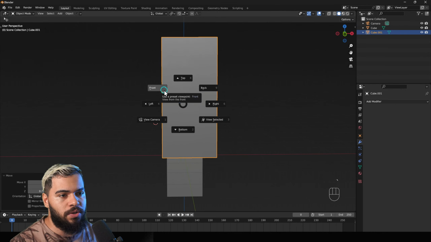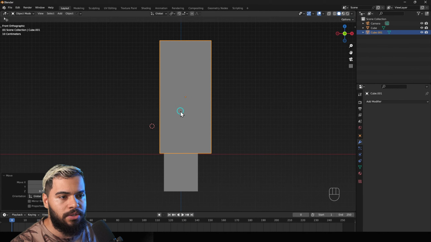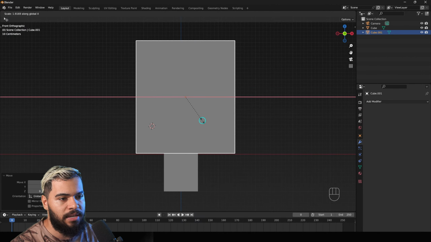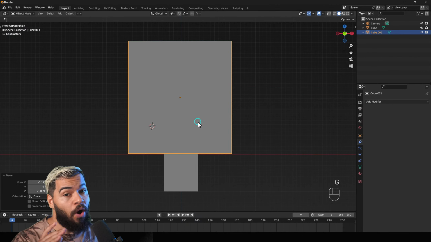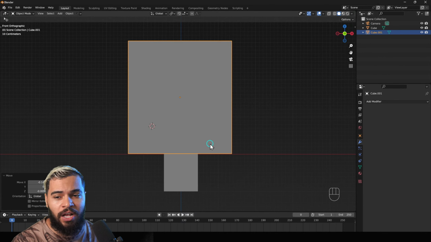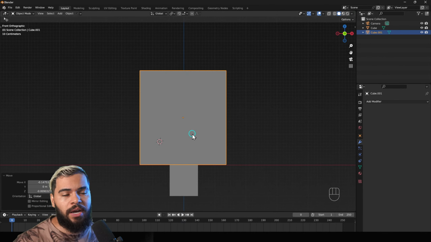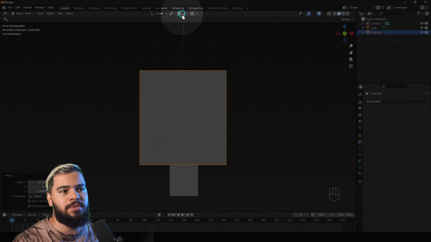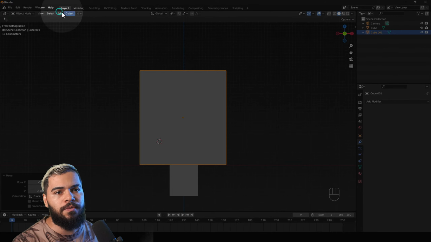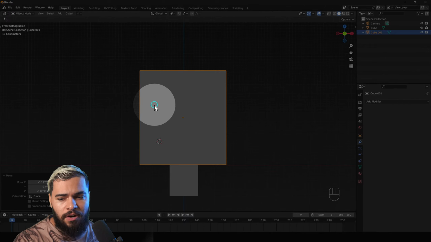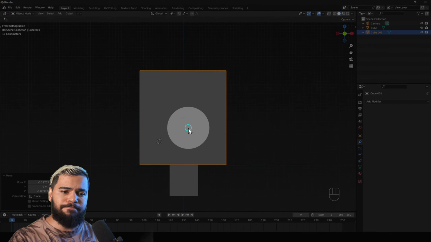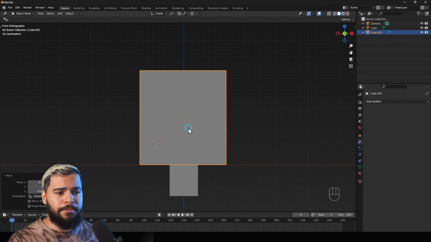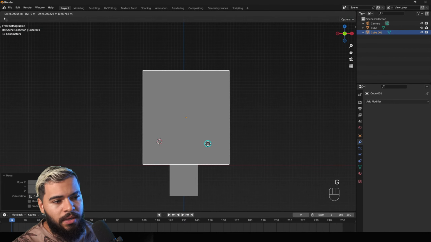I'm going to go to the front view, okay? Front view. And then I'm going to stretch this on the X axis. S and X. I'm using only a few functionalities, not crazy functionalities. Start simple, right? Forget about all these things for now. Because if you try to learn everything at once, you're going to suffer, you're going to get overwhelmed, and then you're going to quit, perhaps. Because there are so many things. But don't worry.